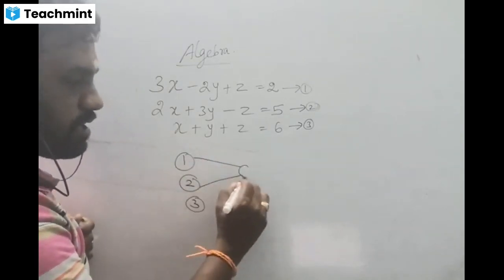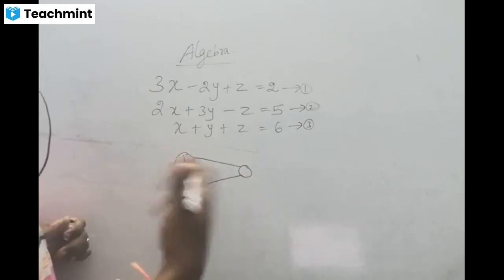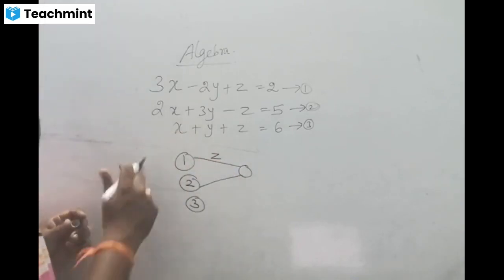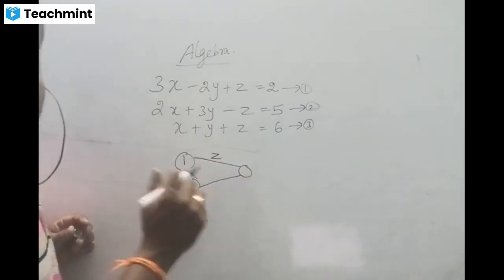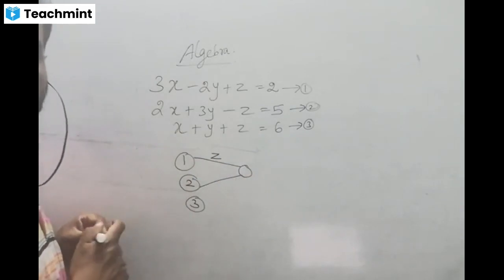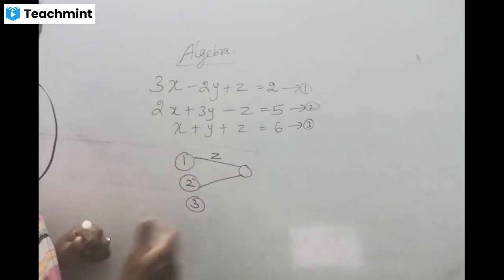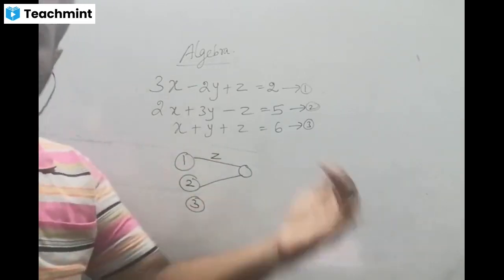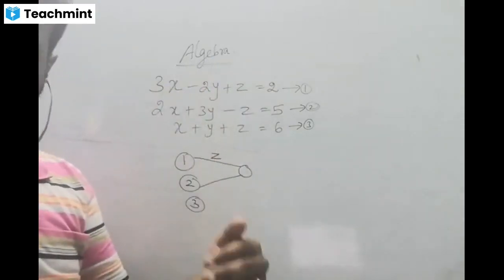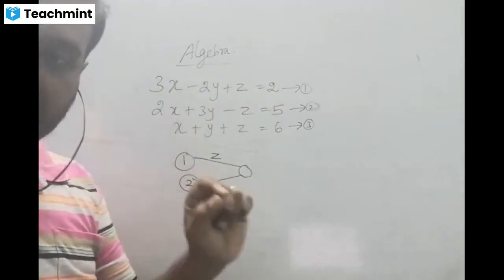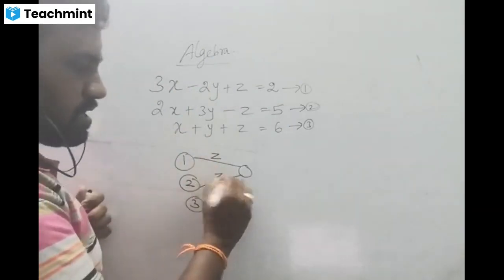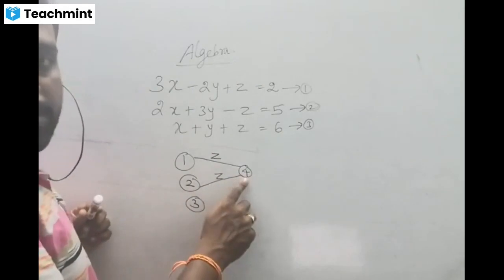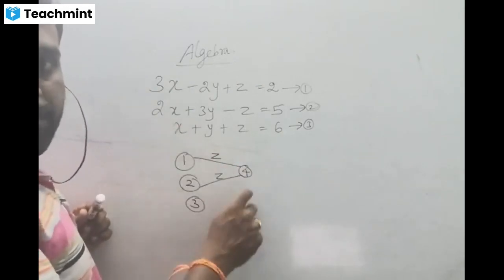Whatever variable you want, you can eliminate. Suppose I want to eliminate z in both equations, I can get a new equation that contains the variables only x and y. No z will be there because we already eliminated it. So first we take equation 1 and then 2, and eliminate the variable z in both. Then we get the new equation number 4, which contains only x and y.